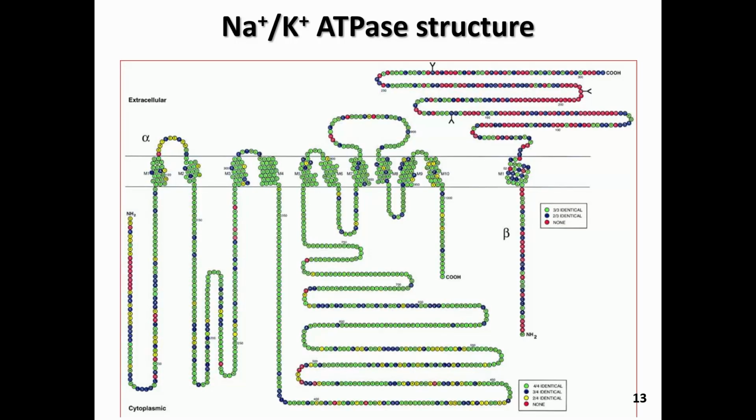This structure here, this drawing, illustrates the 2 basic components of the sodium-potassium ATPase. As you can see, the larger alpha subunit on the left, where we have the extracellular medium and portions of the protein existing on the exterior side, while the majority of particularly the larger alpha subunit exists on the cytoplasmic